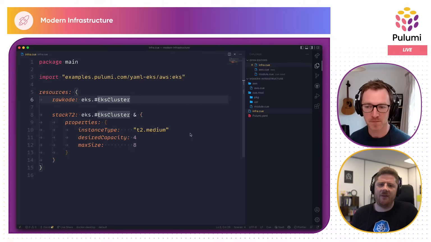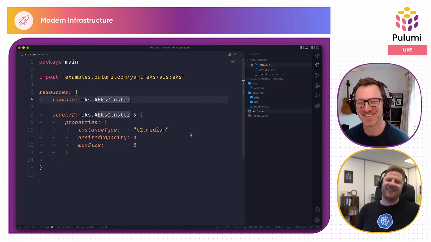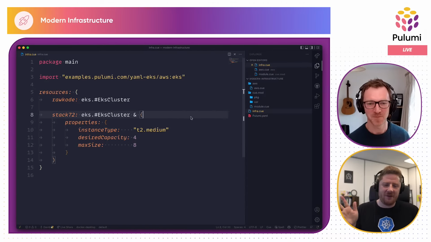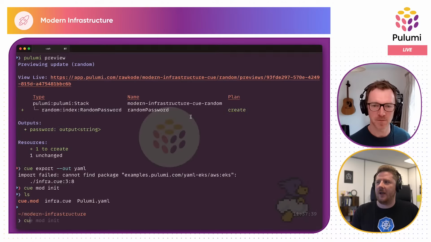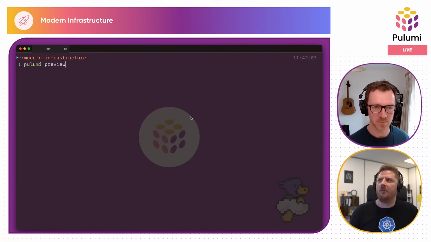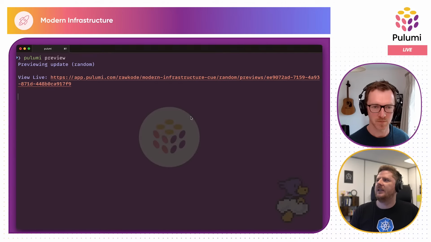This is just what I love about Q. I'm probably going to be the biggest user of Pulumi YAML, and I'm never going to write a line of YAML. I think that is really cool. Yeah. All right, okay, we've made this resolved now. This should Q export, and it should Pulumi up. There we go. So we can run Pulumi export if we want, and we can also run a Pulumi preview. And let's see what we get.